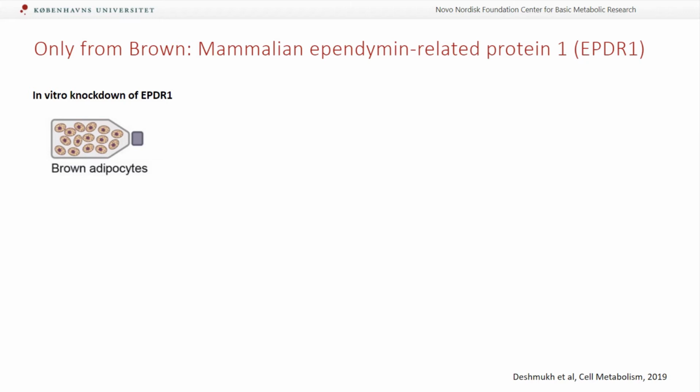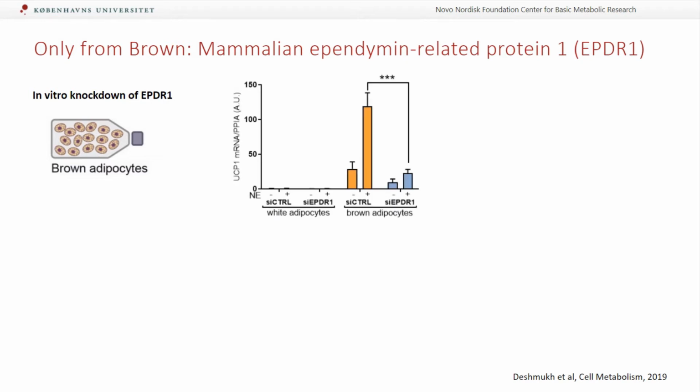So one of the proteins that were only detected in the brown fat media was EPDR1. So we decided to investigate the function of this protein a little bit further. So we used our cell model and performed a knockdown. And we